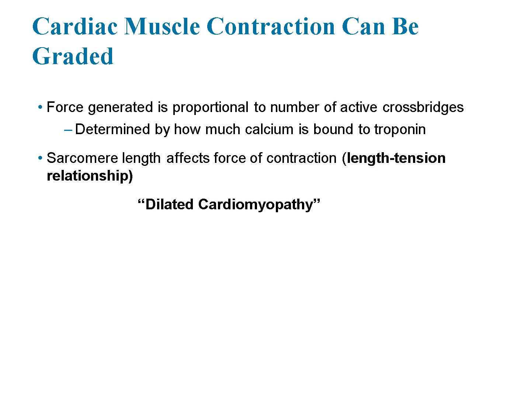Two main factors determine the force of contraction: the number of active cross bridges and sarcomere length. The number of active cross bridges is directly proportional to the amount of calcium bound to troponin. A higher calcium concentration results in more cross-bridge formation, leading to a stronger contraction. This calcium-dependent regulation allows the heart to adjust its force of contraction based on demand, such as during exercise or